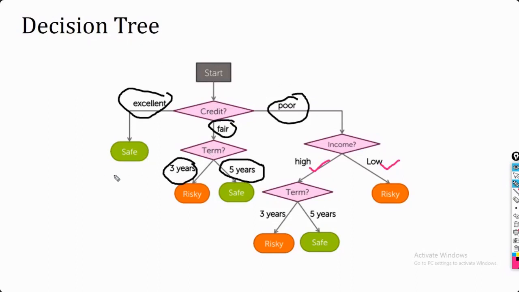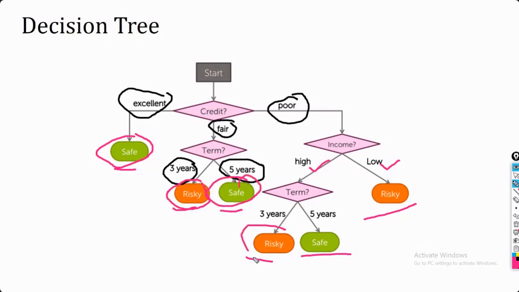Now as I said, the last node is basically going to be your class label. Here in this case we are having only two classes, safe and risky. So that's why you can see each of the leaf nodes is either your safe one or your risky one. So as you can see, this is applicable for each of the cases. Whenever we build our decision tree, it's going to be safe and risky only.